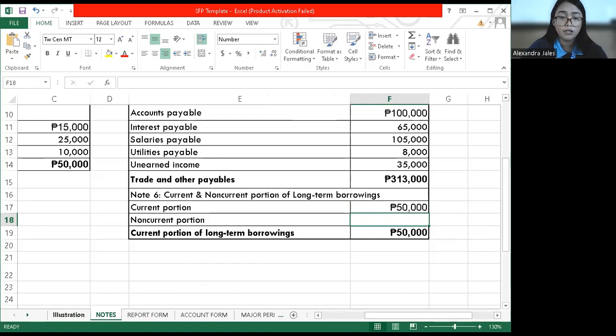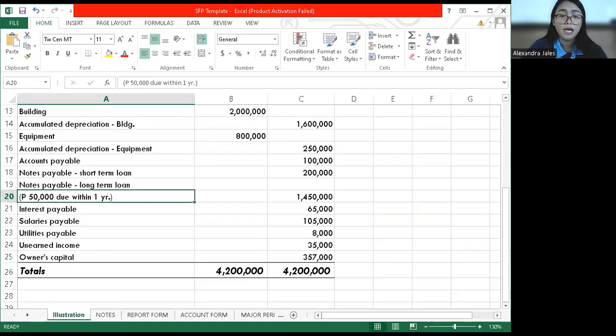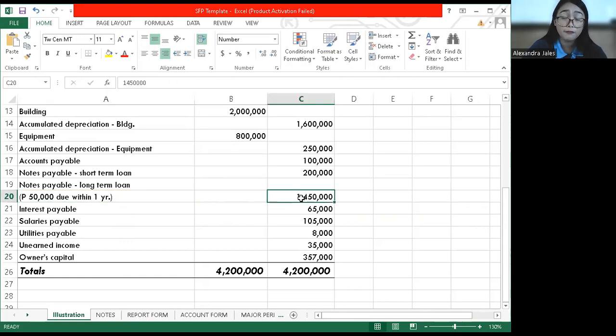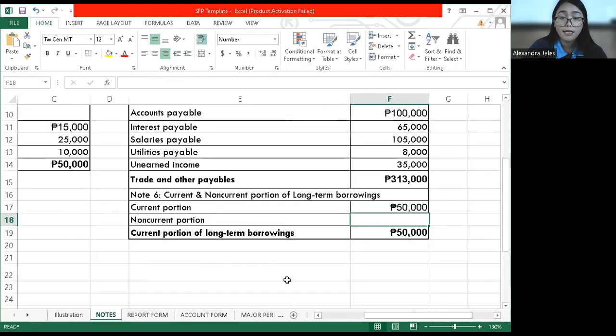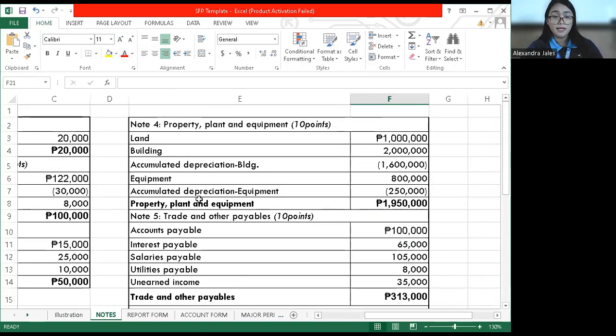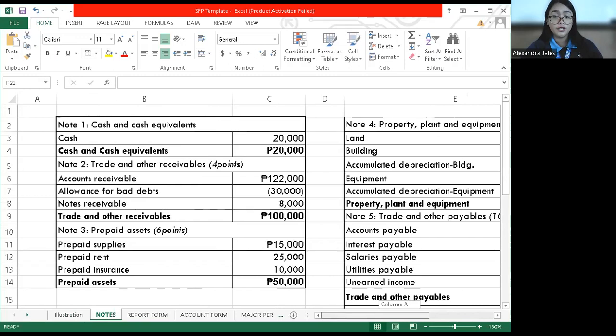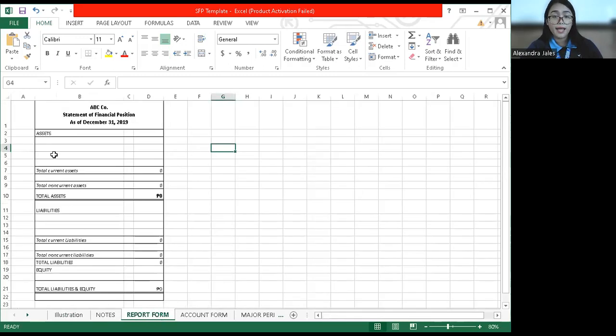And how about non-current portion? For non-current portion, we have here the remaining amount. What is 1,450,000 pesos minus 50,000 pesos? So we will have the remaining 1,400,000 pesos. So we will have this one. So in total, we have 1,450,000 pesos. So this will be the following accounts that we are going to use in your report and account